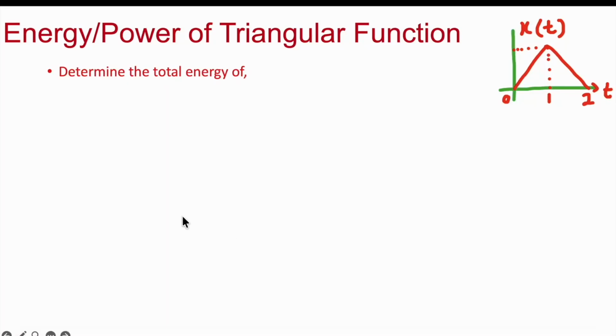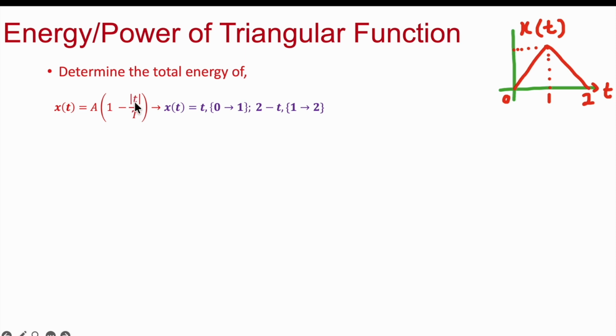In this video, we will learn how to calculate the energy or power of a triangular function. The function is given using that graph from 0 to 2, x of t. So we need to determine the energy of the signal. We know that the triangular function is written using this equation: x of t is equal to A multiplied by